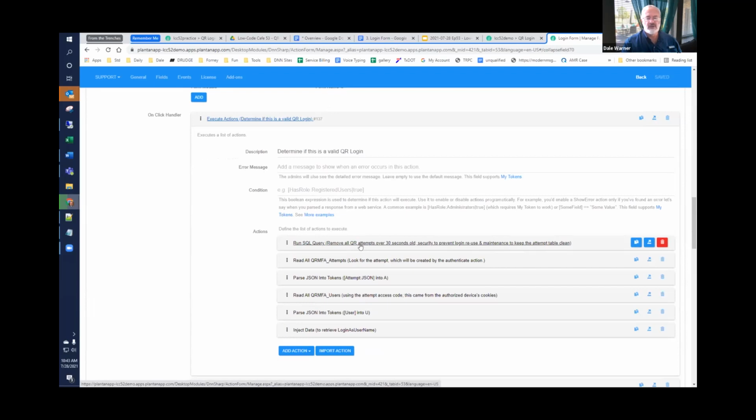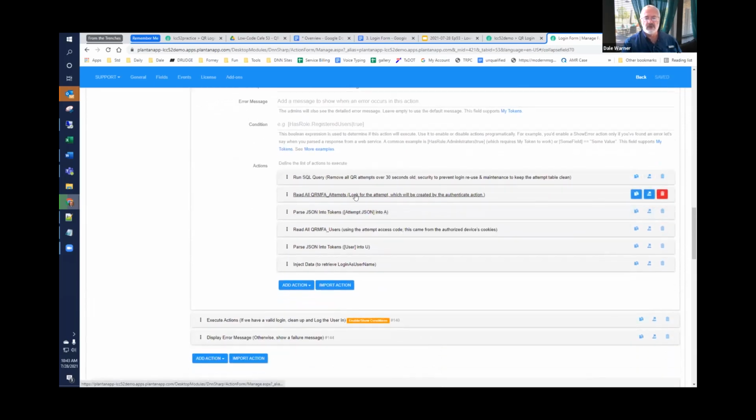We remove all attempts that are older than 30 seconds. So we're going to keep ourselves cleaned up. Anybody that attempts to do a QR login, whether valid or invalid, those are not going to last but 30 seconds. So you have to scan it and then immediately click the button in order to get in. We look up the attempt, which was created by virtue of scanning